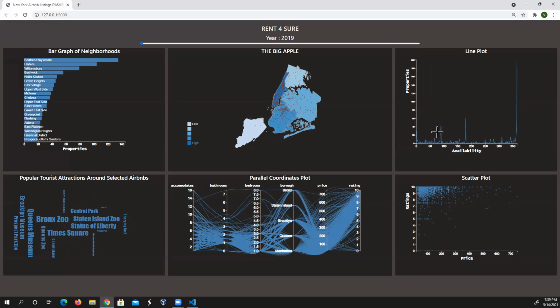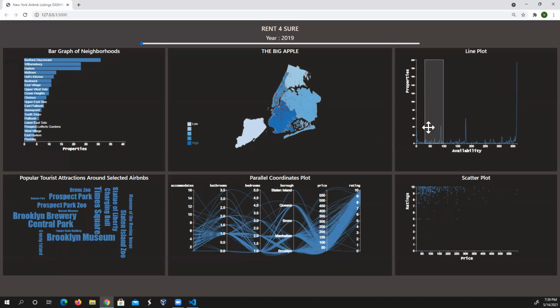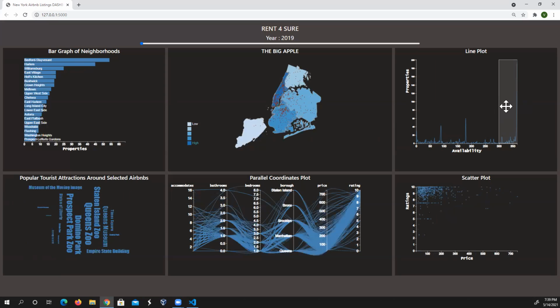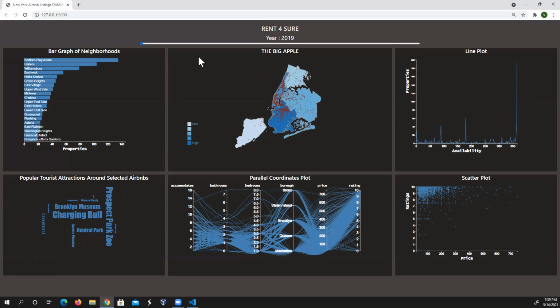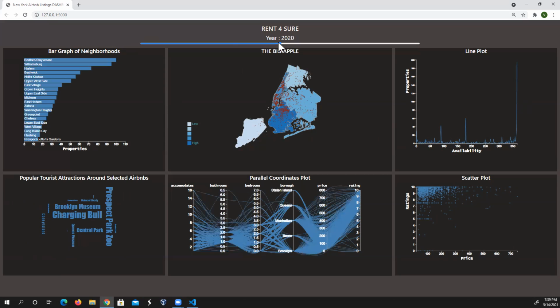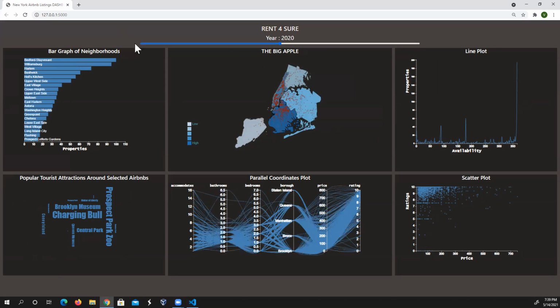So if the user has not booked prior, then it is highly likely that these properties are not available. So in this case, the user has to choose these properties. And we have even implemented a timeline where the user can go across 3 different years so that he can find some interesting insights, and even know some historical trends behind these 3 years.